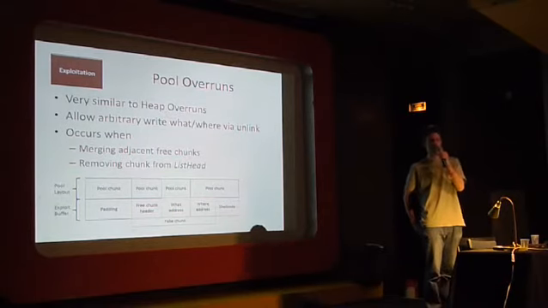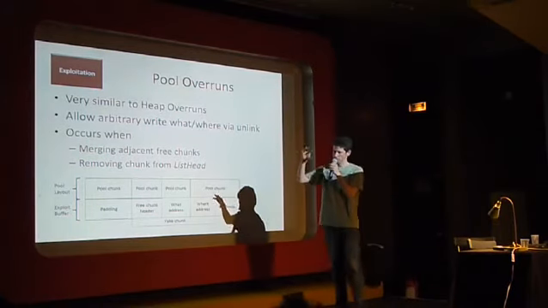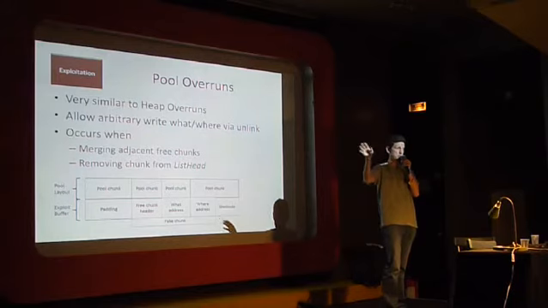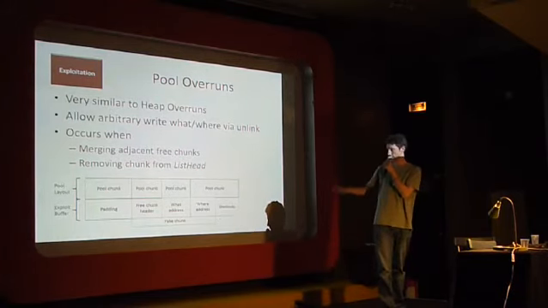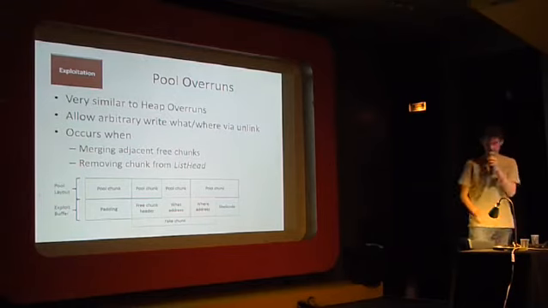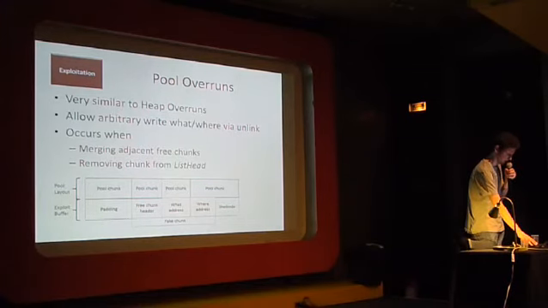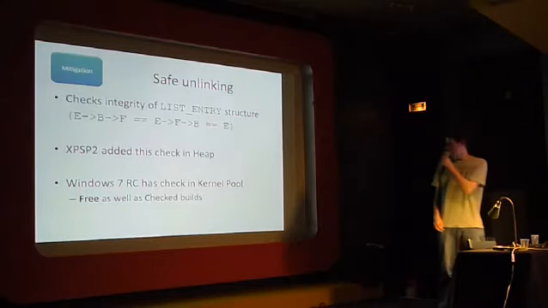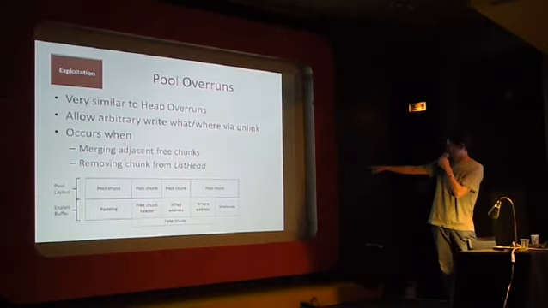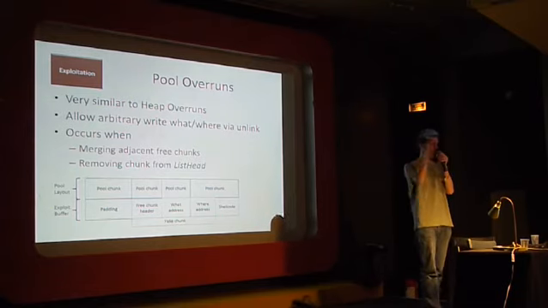So pool overruns is kind of the kernel mode equivalent of heap overruns. And what we glossed over before, a header of a block of memory on the heap has a pointer to the previous block and a pointer to the next block of memory on the heap. And in the same way, there's that kind of similar structure in the kernel mode pool. And typically what an attacker will do is overwrite that header data with some arbitrary data of his own. Now, sorry, to go back to that. The chunk header contains a pointer to the previous block and a pointer to the next block. So if I've got a pointer to the next block, then I can go and look at that previous block and check that